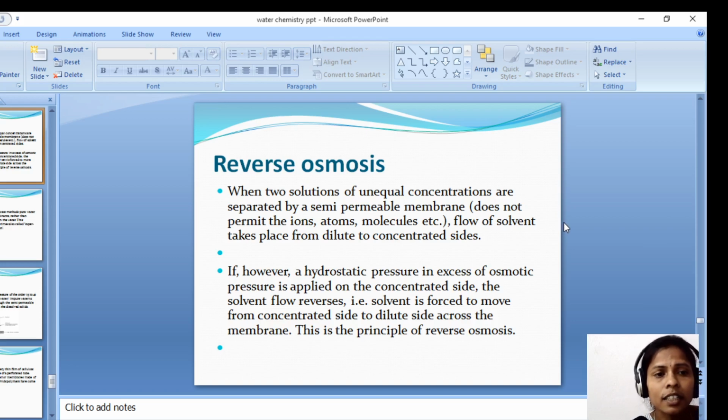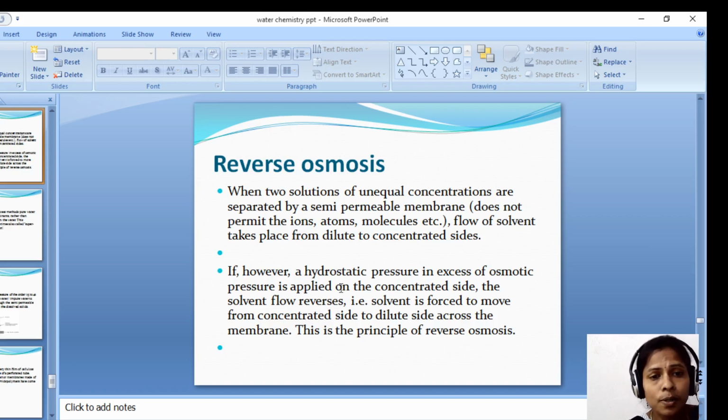So what happens here? Seawater has the impurities along with the pure water. It is a mixture of pure water and the impurities. Here impurities are the solute and the pure water is the solvent. But what is transferring from the high concentrated solution to low concentrated solution? Only the solvent. So what is the solvent here? Pure water is the solvent. So here pure water is transferred from the high concentrated solution to low concentrated solution. So see here what reverse osmosis is.